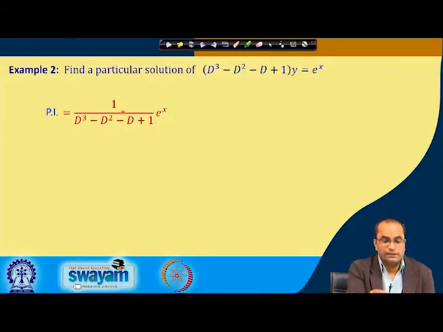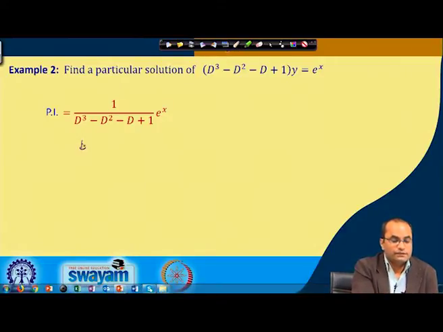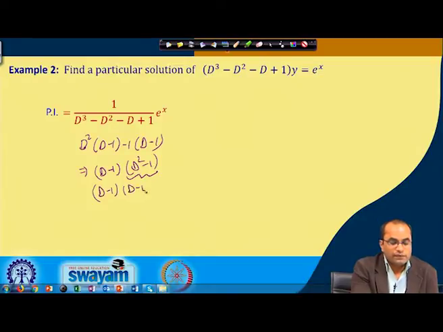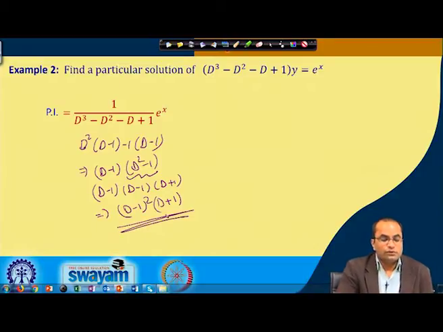sitting here, which we can clearly see also if we take this d square common. So, this is d minus 1 here, minus 1, then d minus 1. We have this d minus 1, and d square minus 1, again here d minus 1 is sitting. So, d minus 1 and d plus 1. Basically, what we have is d minus 1 square and d plus 1. Then we have to deal now with it; d plus 1 is not a problem, because e power x